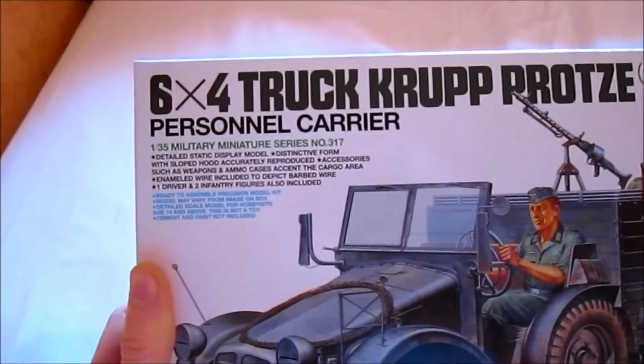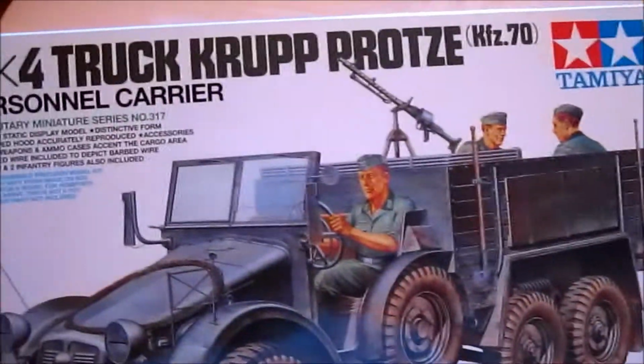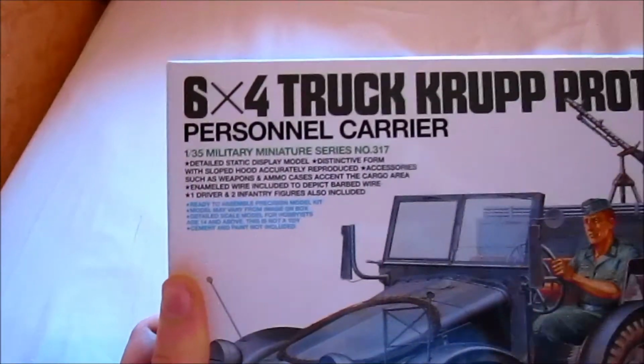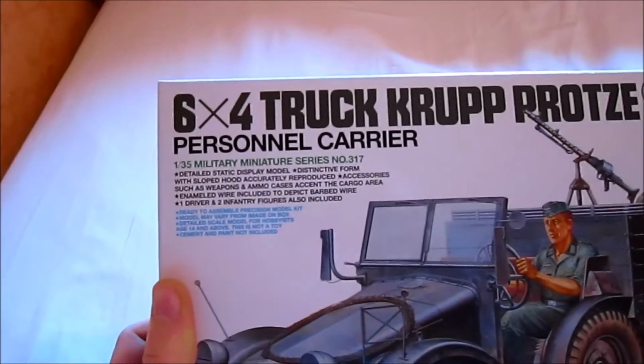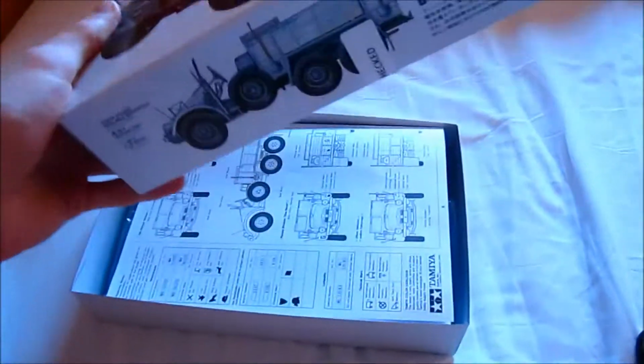A lot of accessories, with weapons, ammo cases, and in the cargo area right there, and a driver and 2 infantry figures also included. So let's open this up, and here it is. So what do we have? We have